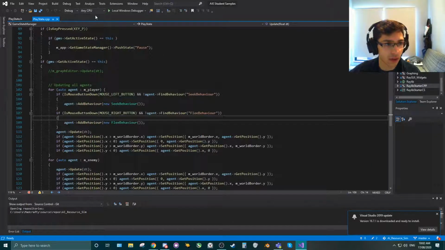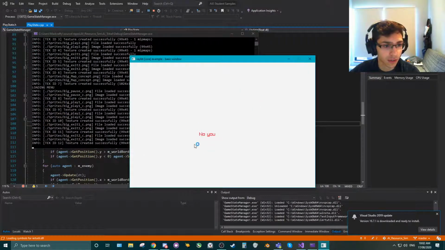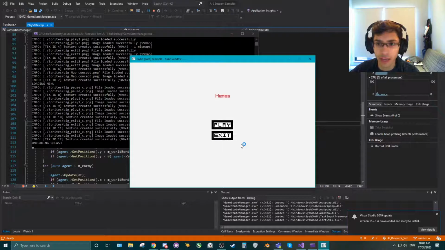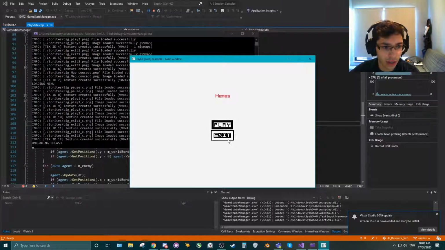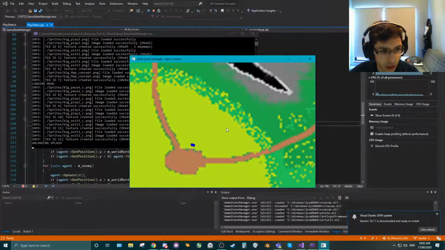So this is what I have so far. It's been a little while since I've uploaded, but currently this is how my game is looking. I have the splash state from the game state things. I also have this menu state here, and then I can choose between these two options. Now exit's going to close the game, play's going to make the game play, and then this is what we